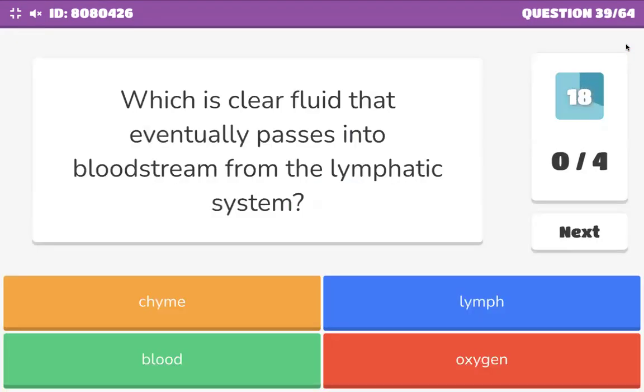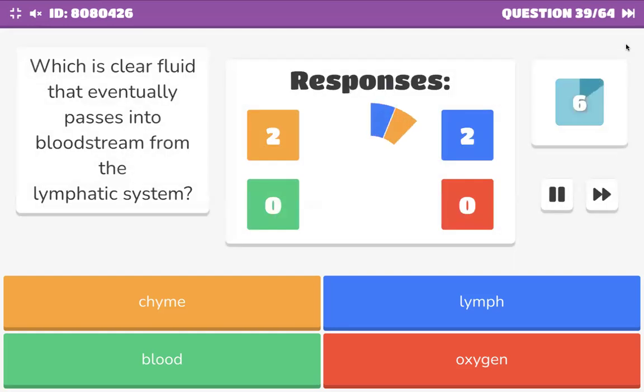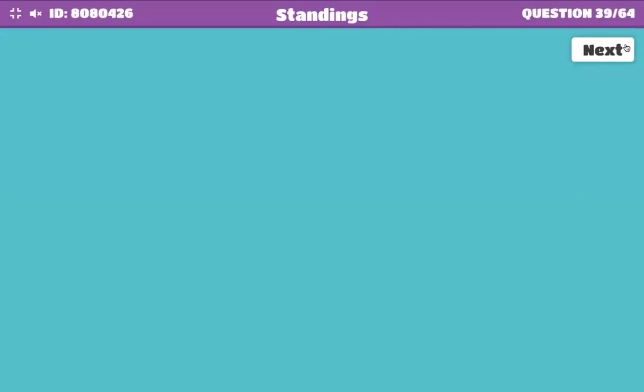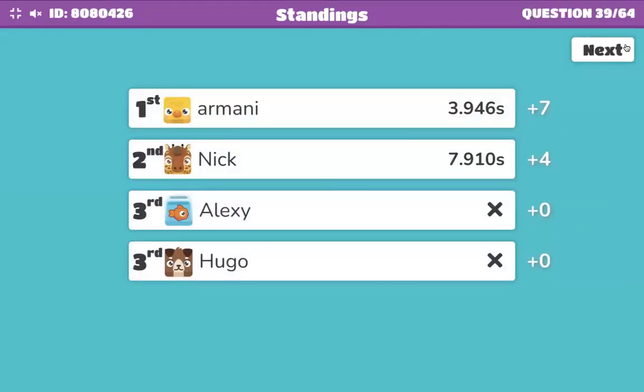Which is clear fluid that eventually passes into the bloodstream from the lymphatic system? Yes, it is lymph. Chyme is the aggregate of all the things you consumed